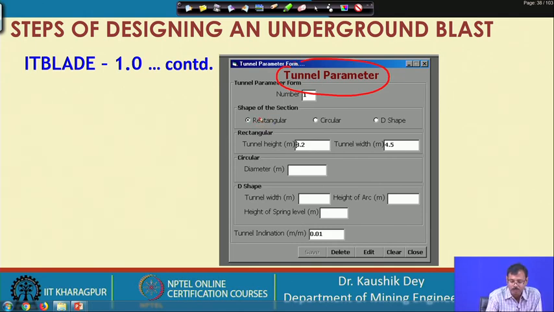It may be rectangular, circular, D shaped, or horseshoe shaped, and with the different considerations we need to have different parameters. For rectangular it is height and width, for circular it is diameter, for D shaped it is the width, height of arc, height of spring level, all these requirements are there, inclination is also there. These parameters must be there, otherwise in wedge cut how will we consider our drilling length.